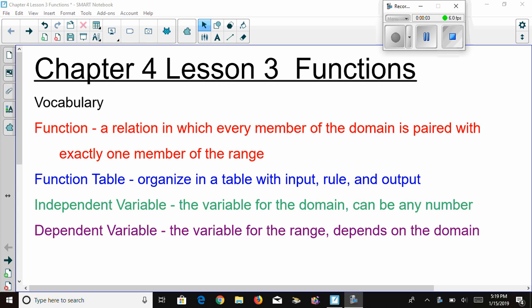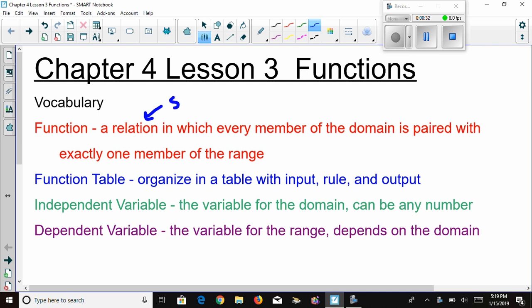Chapter 4, Lesson 3 is going to start our work on functions. Let's begin by looking at the vocabulary. First, a function is a relation in which every member of the domain is paired with exactly one member of the range. Now, recall in our previous lesson that a relation